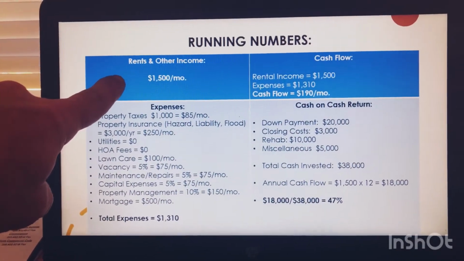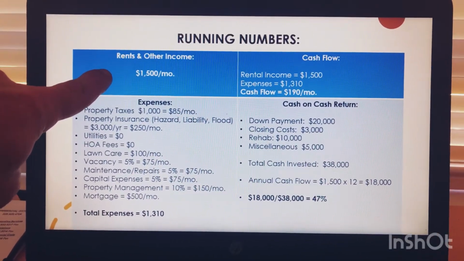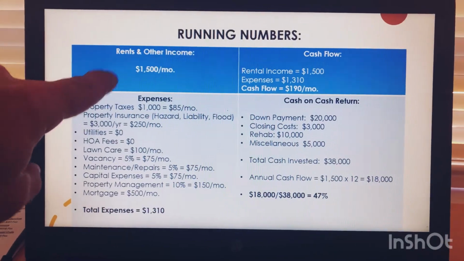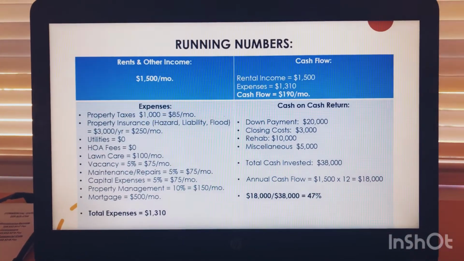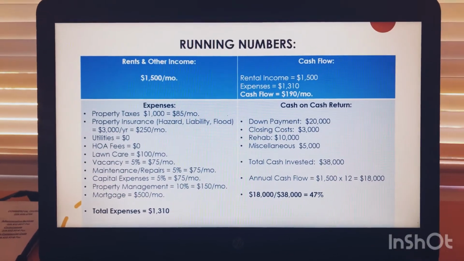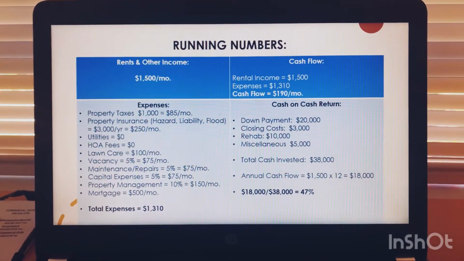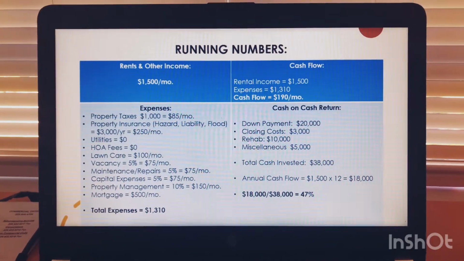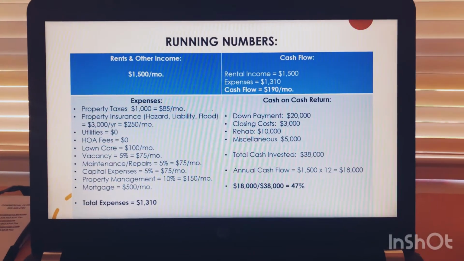You might say, well, what's other income? Well, a lot of times if you buy a multifamily property, you might have laundry money that comes in. Maybe you have coin-operated laundry machines, just things like that. Some people might have a storage shed in the backyard. They'll rent that out for extra income. So, generally it's the rents, but if there's anything else on that property that's generating income, you include that in